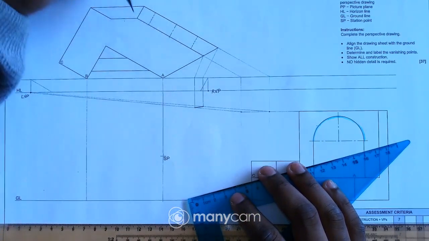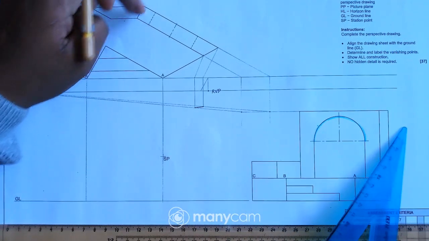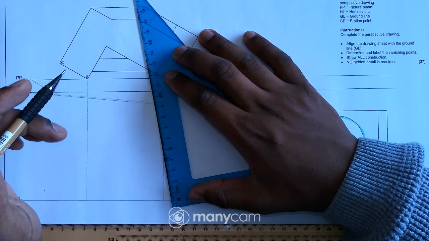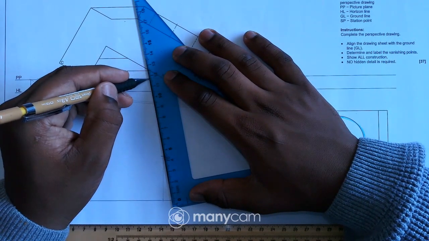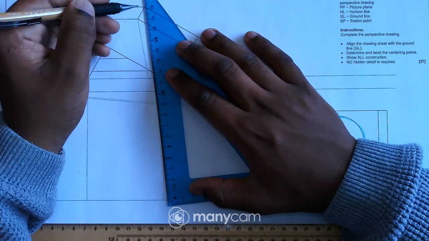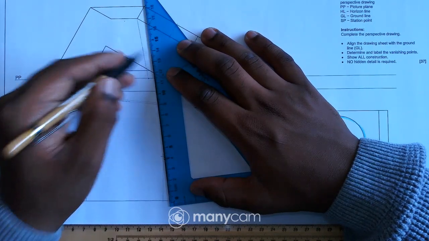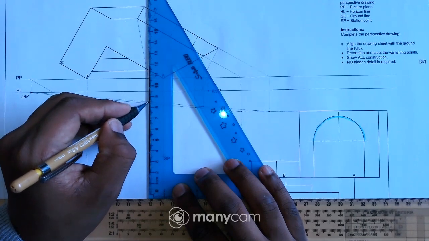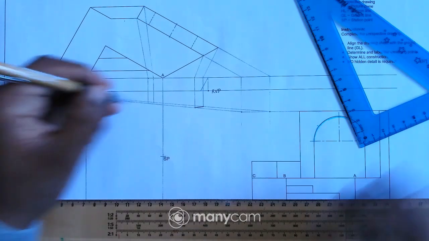Okay, so now because I have this line, let me try and get these 2 points now. Obviously I have to take those points to the station point first, like that, to the station point, and this point as well, just like that. Then from there I project these 2 points down to those lines there.